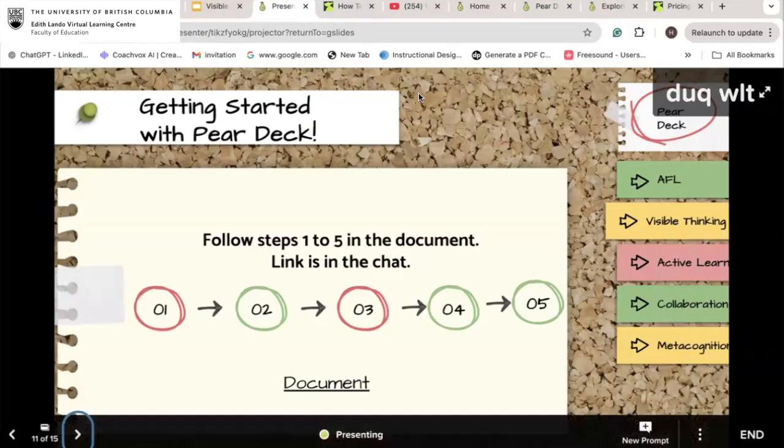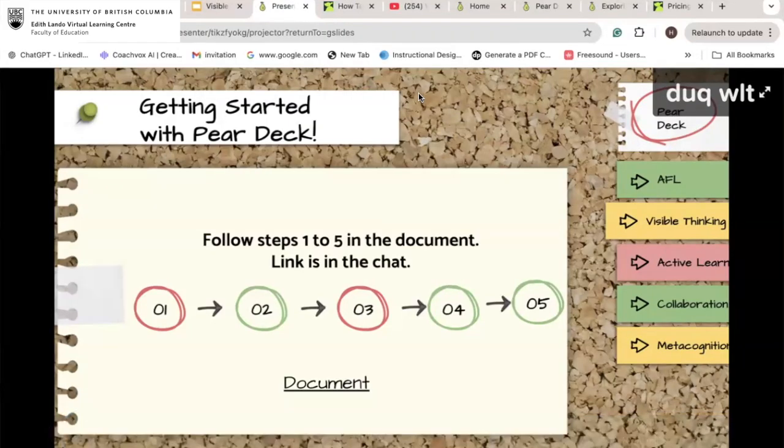Then as I told you, it has a free and it has a premium tier, a paid tier as well. I found the free one sufficient enough for my needs. I never felt the need to go for a paid one. But if you would like to, you can pitch it to your school, to your institution, and maybe ask them if you feel the need to go for a paid version of it.